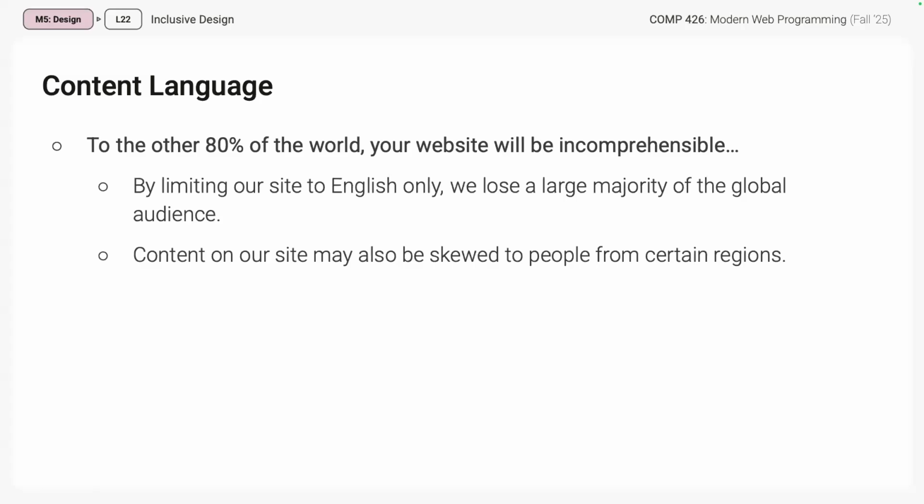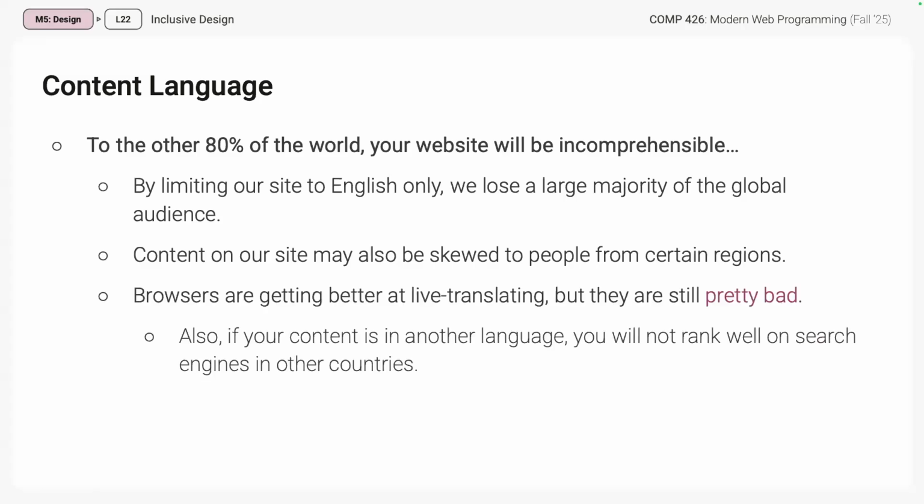And there's another note here, that browsers are getting a little bit better at live translation. If you've ever been on a site that is in a foreign language, Safari or Chrome may try to translate it for you dynamically. In fact, these days with large language model technology, this may get better. However, there are still many issues with this. If you try to go on a lot of websites and try to translate things, you may have a lot